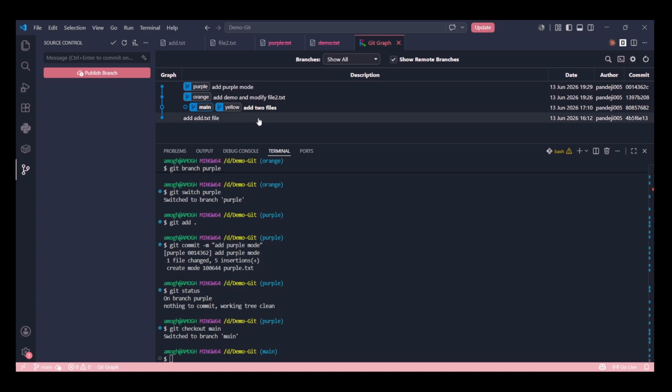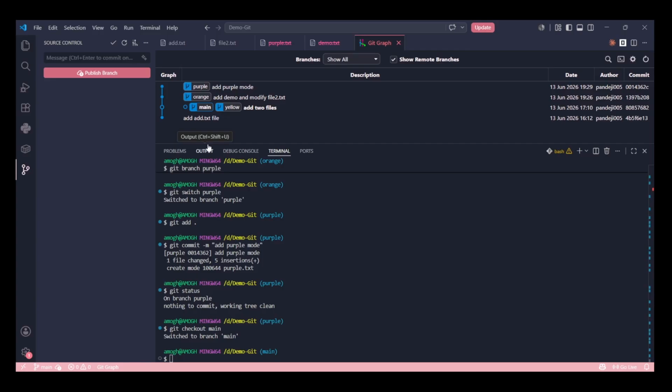Along with you, I created an orange branch, where we added demo and modified file2.txt. After that, in our purple branch, we added purple mode. The purple branch is ahead of the orange and main branches, and orange is ahead of main.